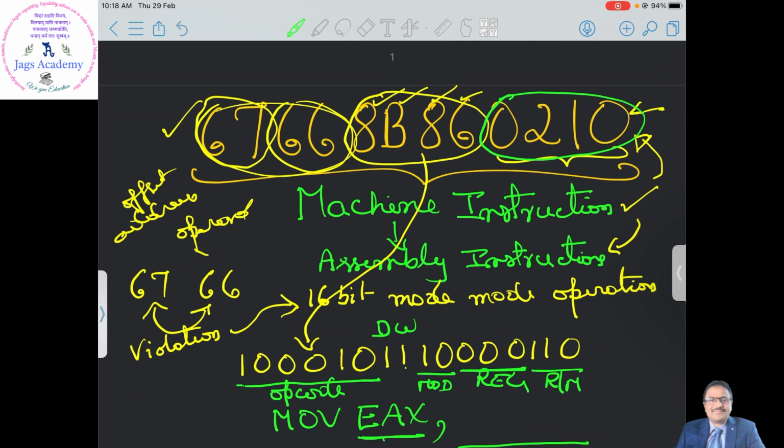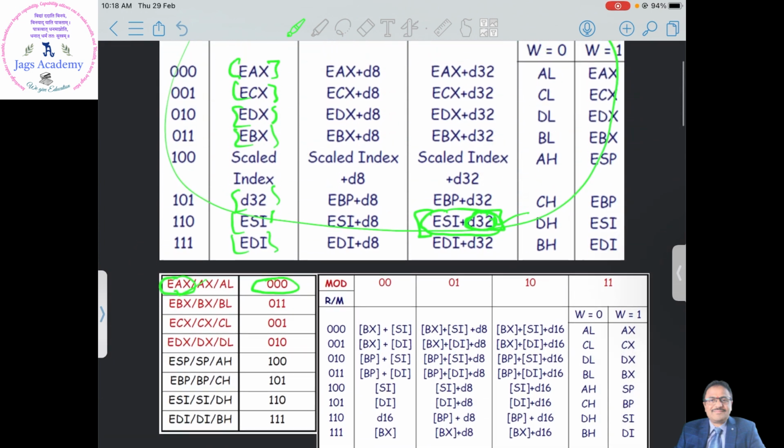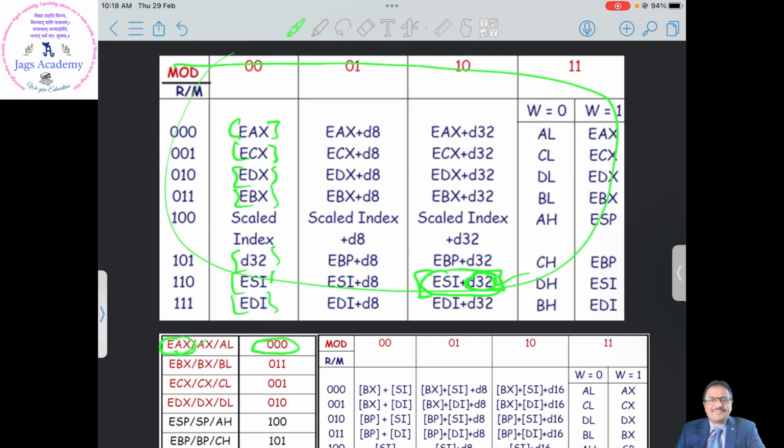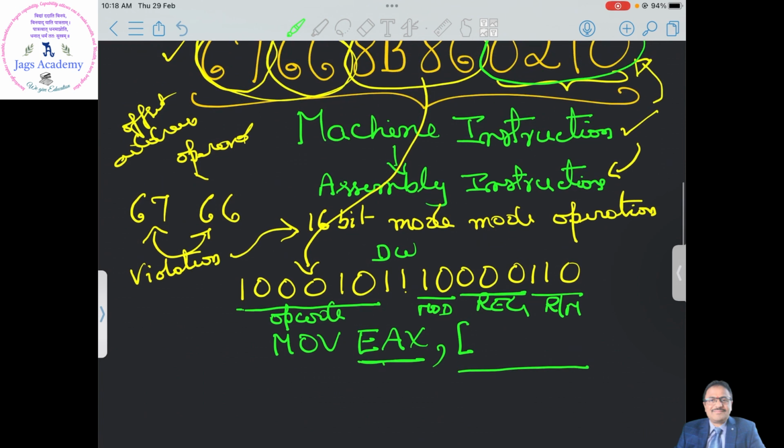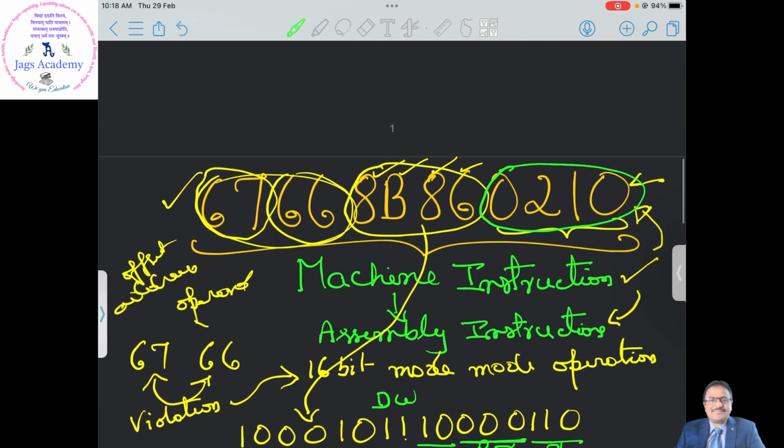0210. But you can say it is only 16-bit. So the remaining most significant bits are supposed to be 0000, 0000. That means the instruction you get, as per this mode and R/M, is ESI plus D32. So how do you write that? That is ESI, plus